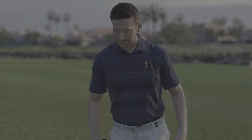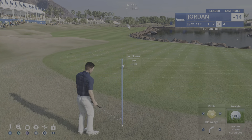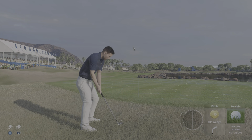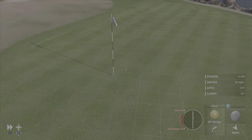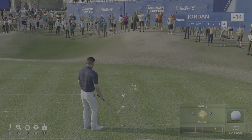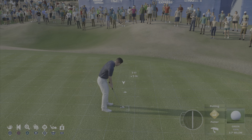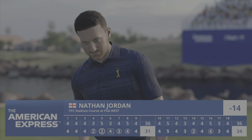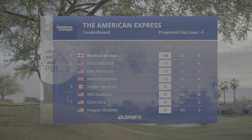Well, had a good look at the green, but couldn't cash it in. In the rough now, wondering what might have been. Good putt to save par here at 18. And that is going to be back-to-back 65s to start the tournament. That is sensational. So will this be